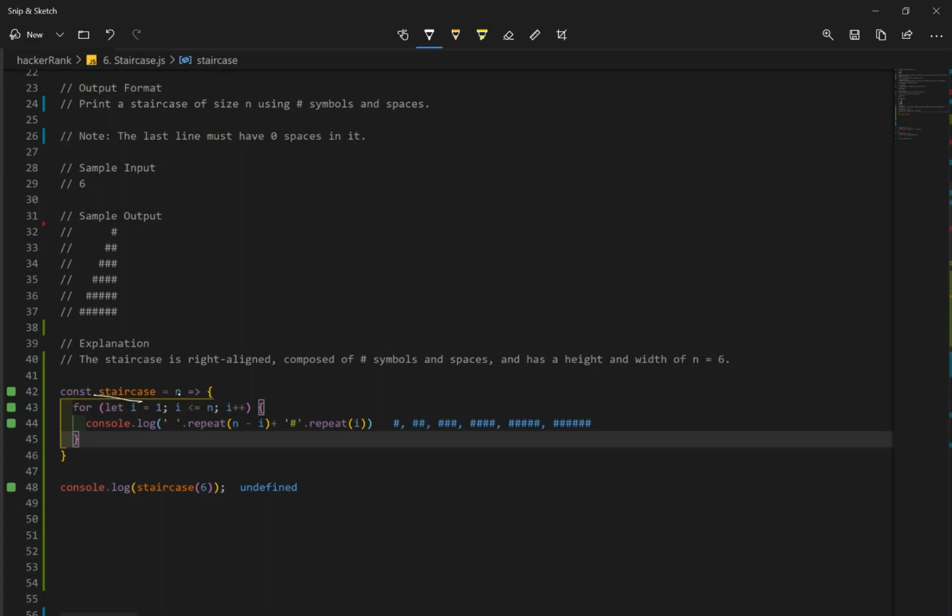Okay, let's go over our code just to get a better understanding. So we make our function, n is an integer, which in this case is 6. So we're looping starting at index I, and we're looping until I is equal to n, and we increase our I by 1. And we just have our simple console log statement here. So obviously we want to print our solution, and we have blank space, which is repeated n minus I